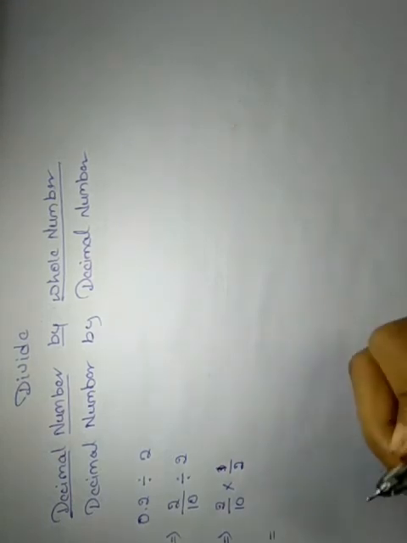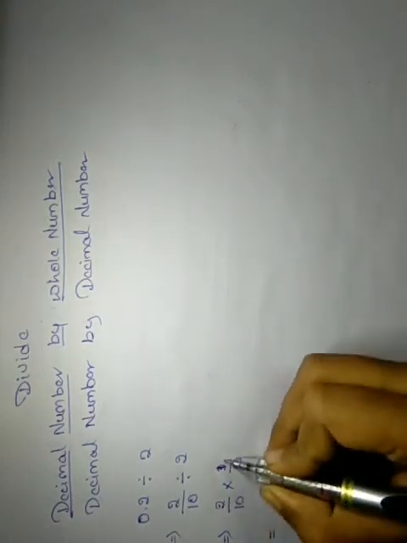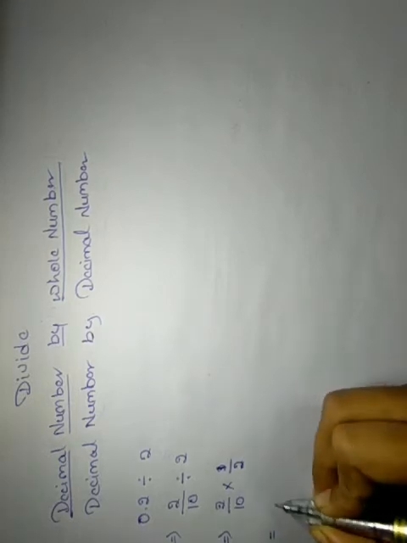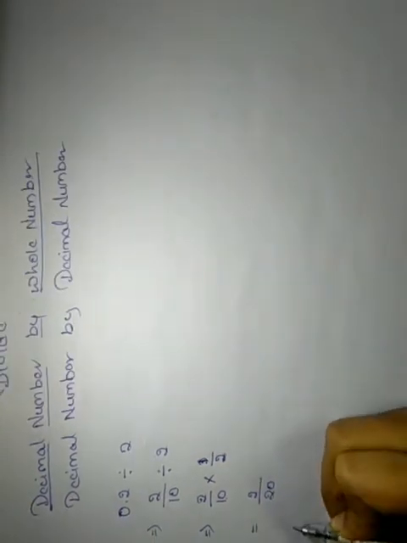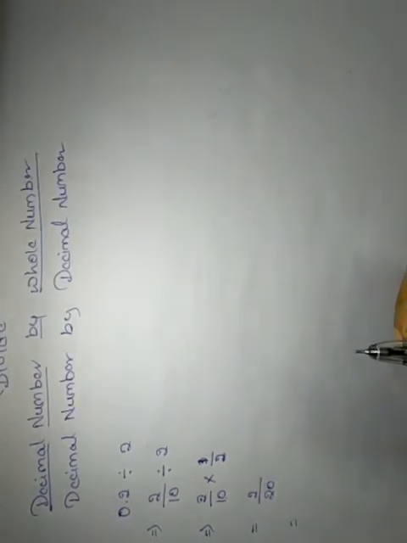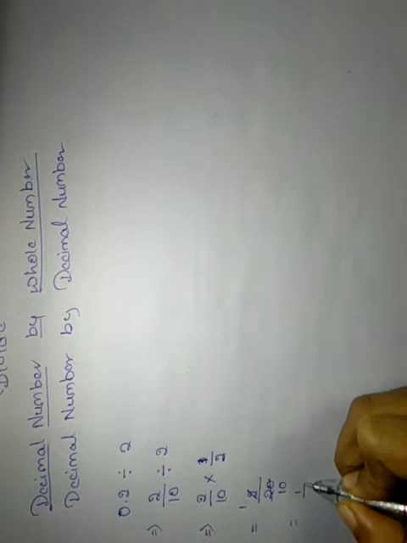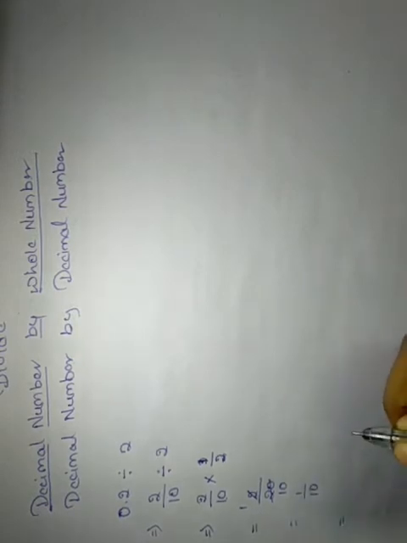I got it is 1 divided by 2. Now we'll multiply these two values. 2 ones are 2, denominator to the denominator, 10 twos are 20, right? We can see that it will get simplified further, so we have to simplify it. 2 ones are 2, again 2 ones are 2, and 0. We got 1 divided by 10.